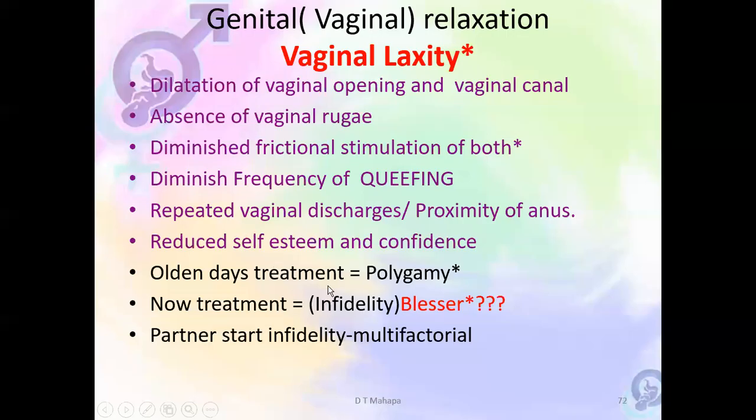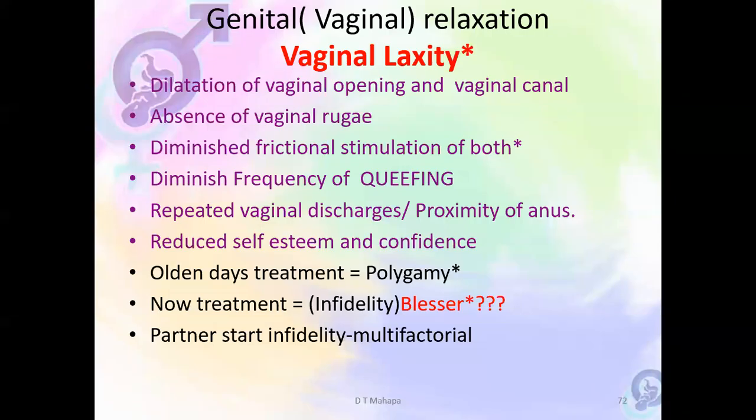If you do it now, you cause more problems because women nowadays don't want to share. Not to say older women wanted to share, they had no choice. Women have got rights these days. But is it not the cause? I put a question mark here, but I don't have evidence that it is like that. Is the rate of infidelity that we see, the cheating that happens, not because men are trying to counteract vaginal laxity, like their forefathers used to have polygamy?